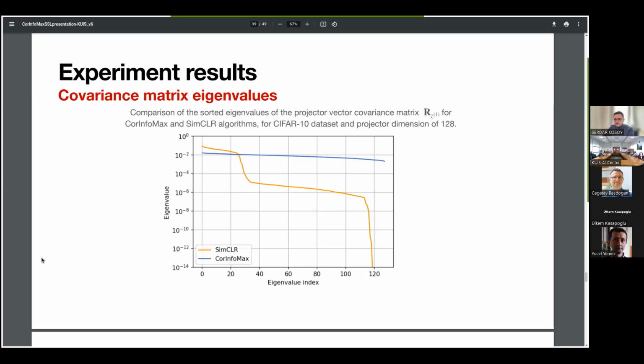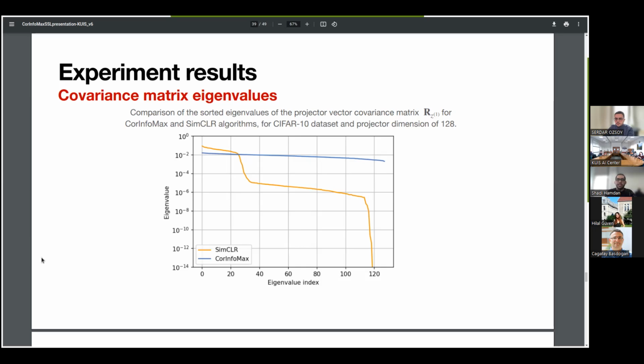If you look at the graph for SimPLR, you can see that around 30 of the eigenvalues are somewhat around 10 to the minus 2. And as you go lower, it very quickly approaches zero, after 10 to the minus 5 and even lower. However, when you look at CorInfoMax, you can see that we get this flat line, which tells us that all of the eigenvalues are in the range of 10 to the minus 2 to 10 to the minus 3, and that they are not close to zero.